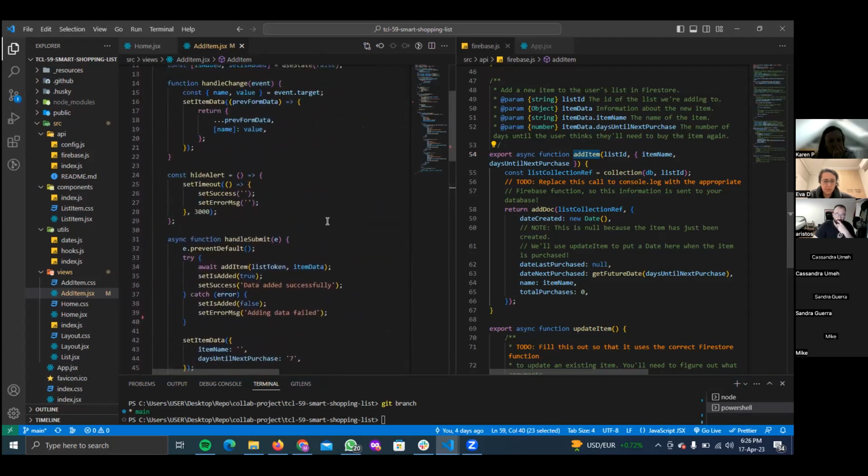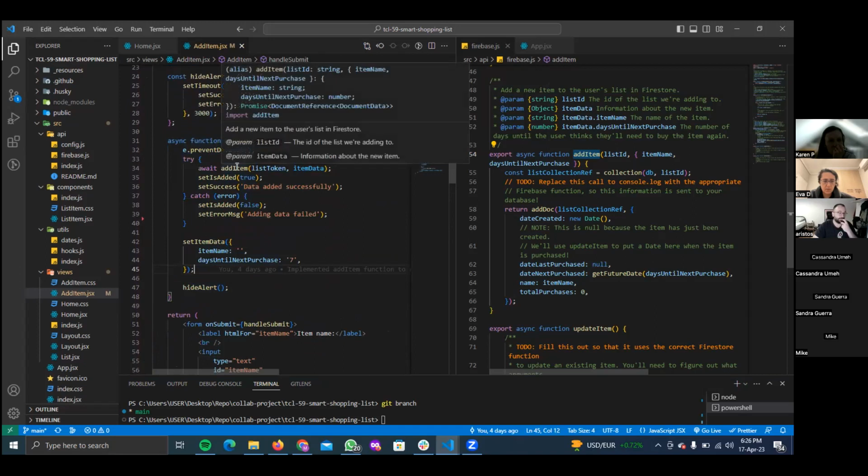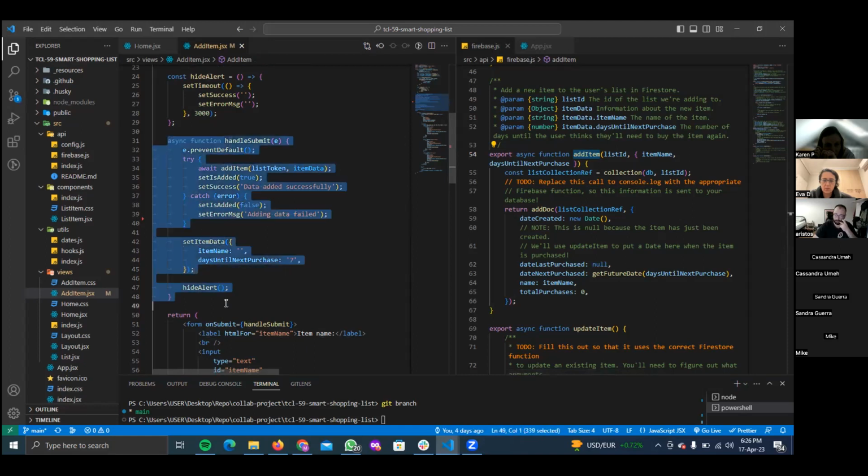And then to handle the onSubmit states, because this add item function that we imported from Firebase is an async function, we had to make this an async function also so that we can await the response here.